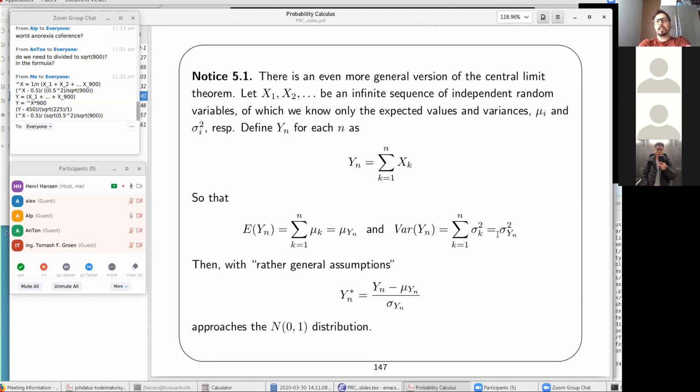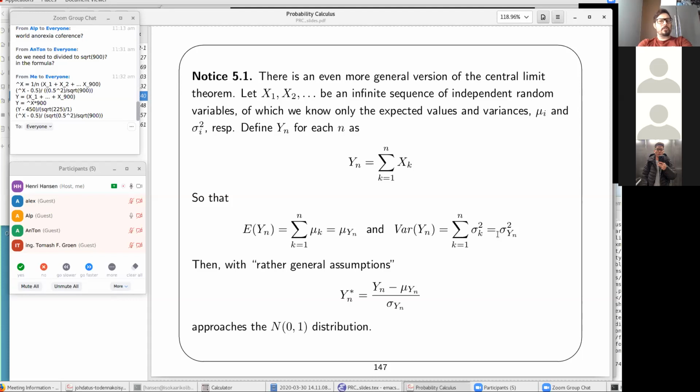I don't remember the exact formulation, but let's for now assume that they are all independent, of which we know that each has an expected value of its own. They can be different. They don't have to be the same. They're just called mu i and sigma i squared. And